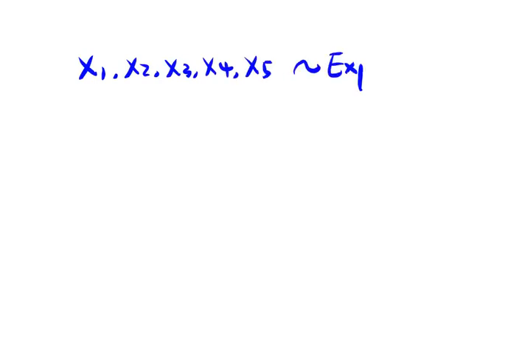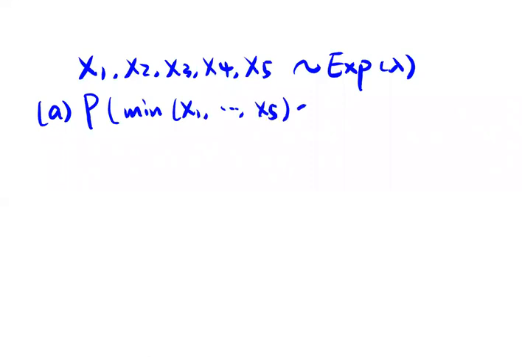Hi, this is textbook chapter 6, question 48. They give you 5 independent and identically distributed exponential random variables with parameter lambda. So you have x1, x2, x3, x4, x5 to be exponential lambda. Okay, so part A is trying to find the probability that the minimum of the 5